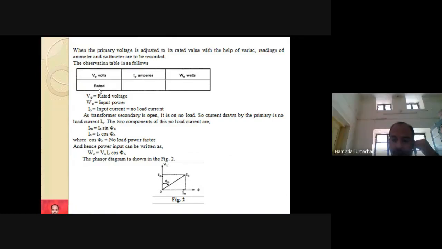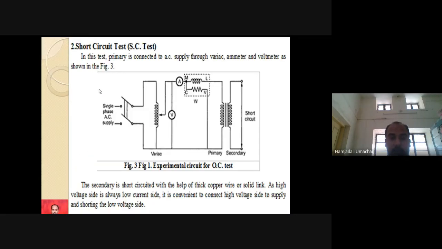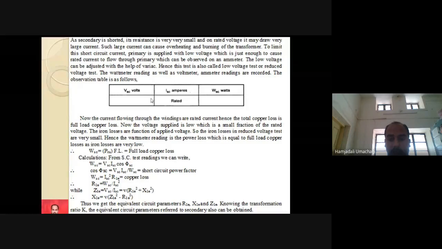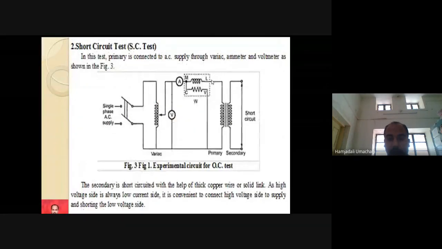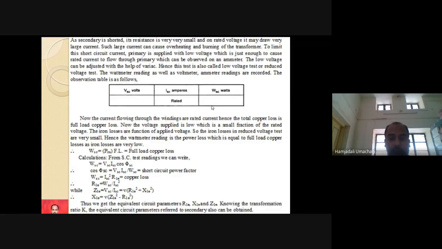Yes, sir. Okay. So from the open circuit test, we estimate iron loss and equivalent circuit parameters like V naught, I naught, IM, IC, R naught, and X naught. Whereas from the short circuit test, we apply rated current and estimate copper loss and equivalent circuit parameters like R1E, X1E, and Z1E. Okay. Now,